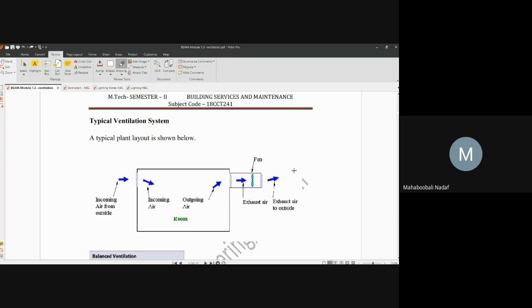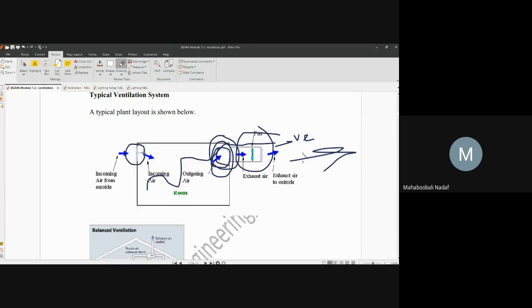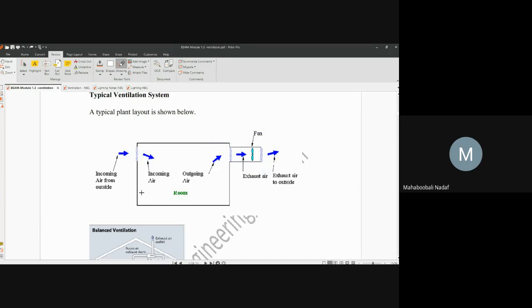You are just controlling the rate of flow, how much air volume is coming, how much air volume is existing. Typical ventilation has an inlet and an outlet. There may be an exhaust fan creating negative pressure, so that all the air is sucked and thrown outside, which also creates a negative pressure here, so that outside air is also getting entry. One concept. Is that okay?